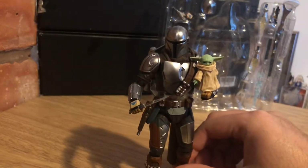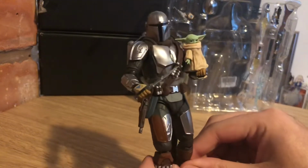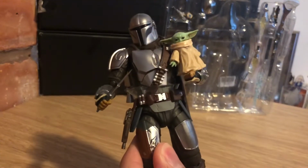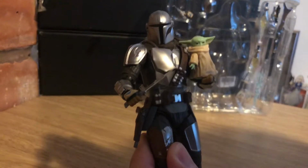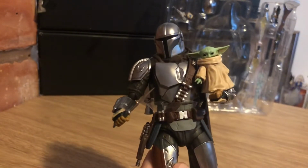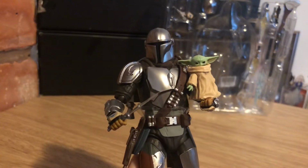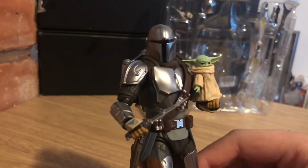So today we have our Mandalorian warrior looking epic. As I said, paint and sculpt work on this guy, absolutely amazing. And you're probably laughing at me because I've left the plastic in, because I like this guy that much. I don't even take it out. I'll just keep him on display. And I really don't want to break this. So when we do some articulation, I won't be going insane, as you know. Even more so today. So to start with our boy, the Mando,